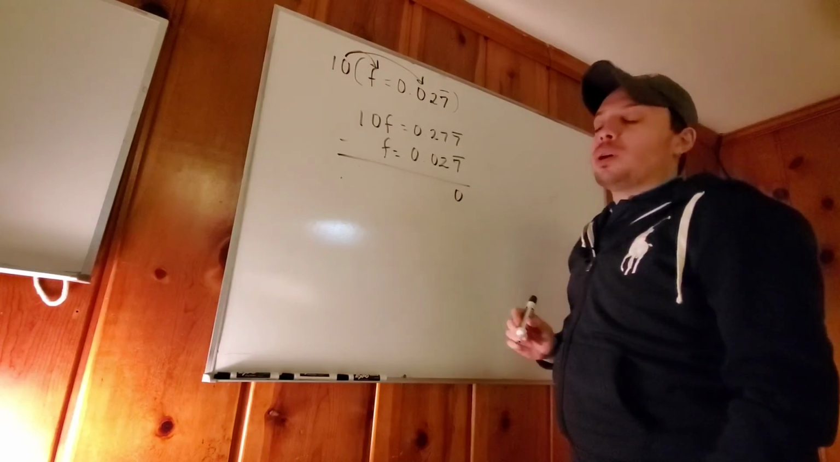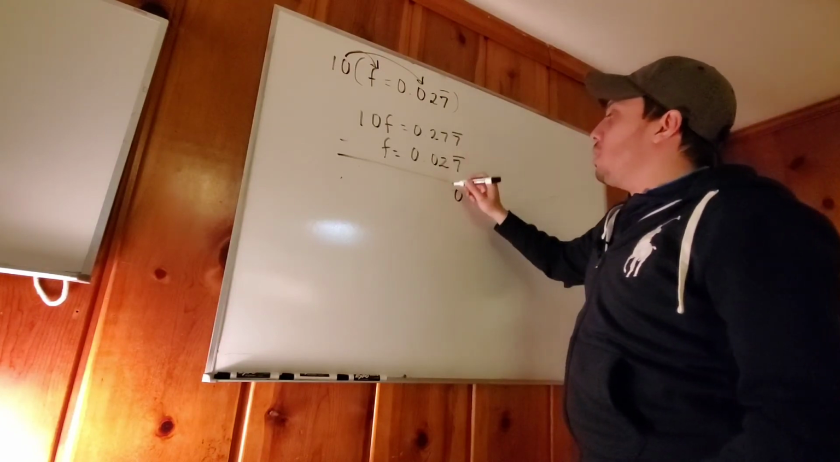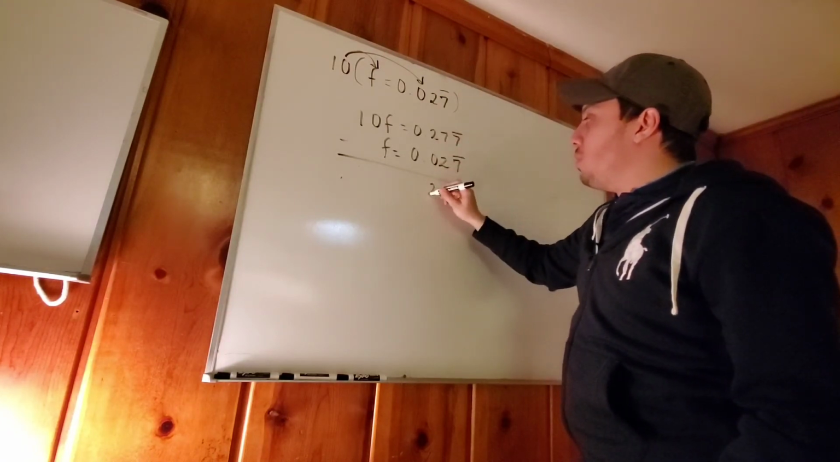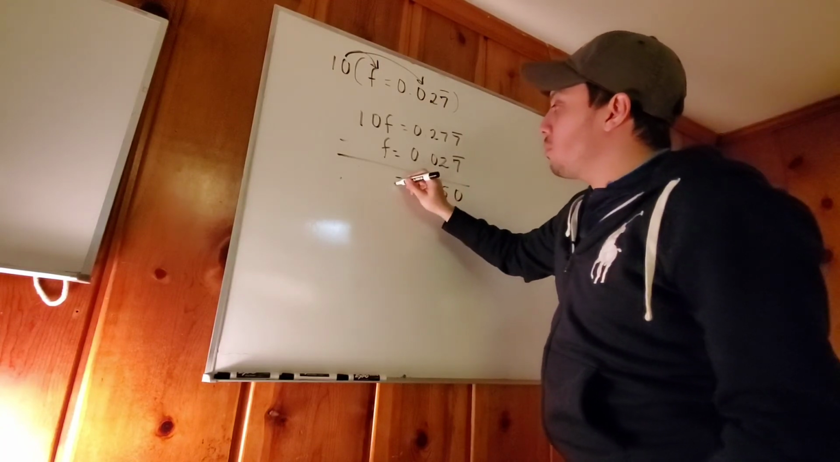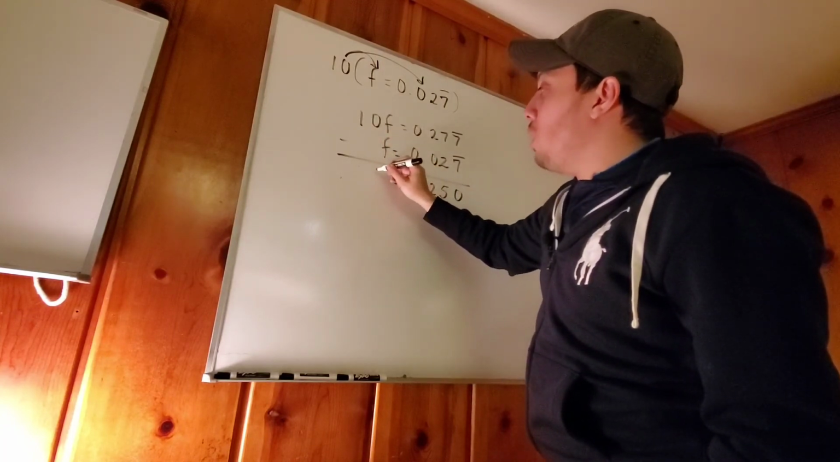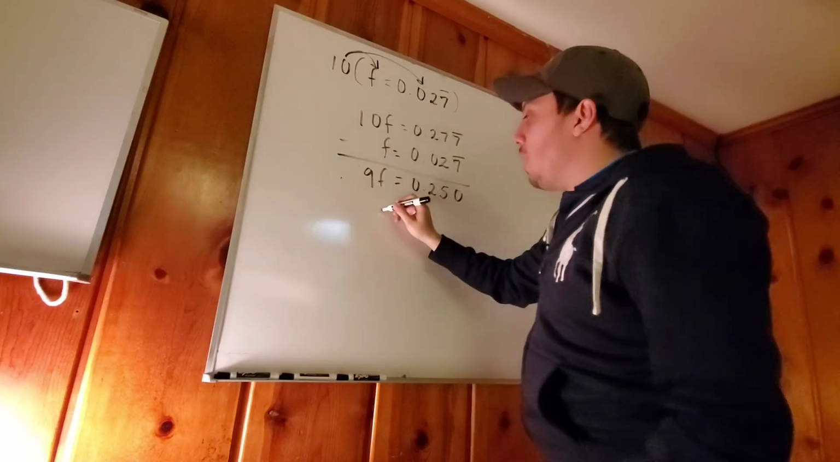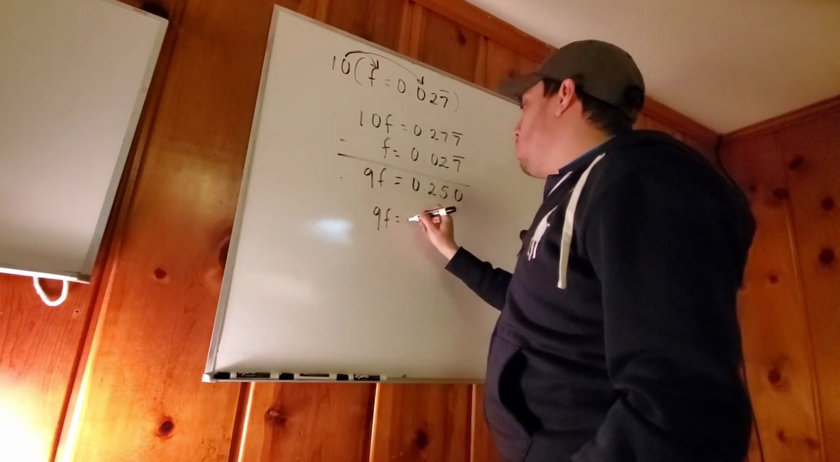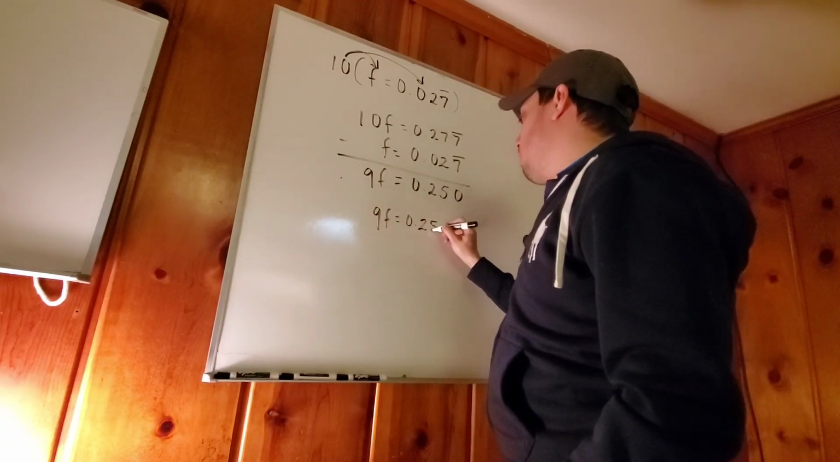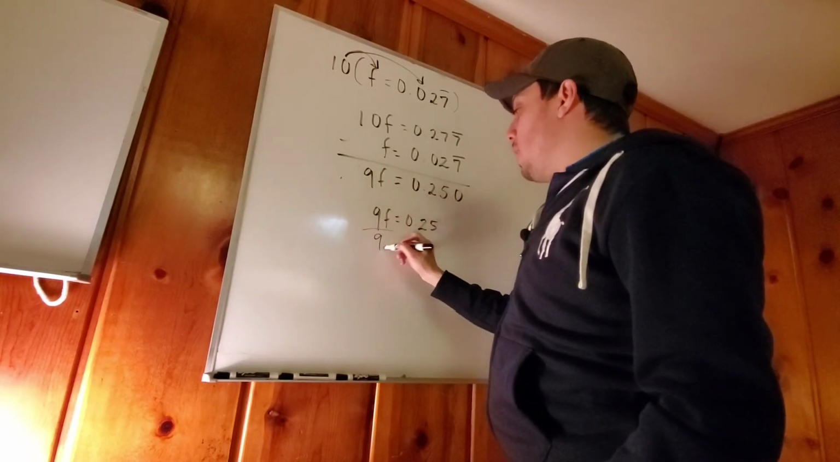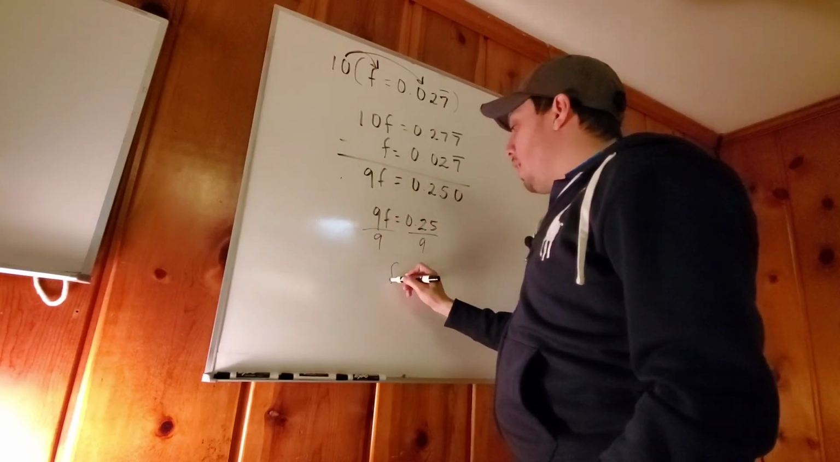Boom. I got a 0 here. So it's pretty easy. Then I'm going to get a 5, then a 2. 10 minus 1 is going to be 9f. So again, we get 9f equals 0.25. So then we divide by 9. And f would be,